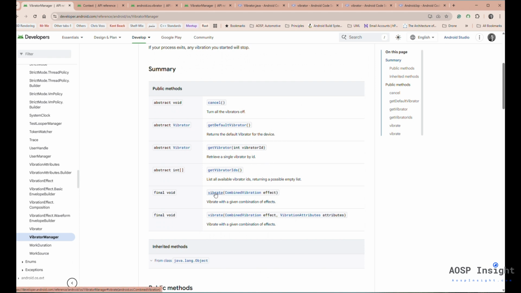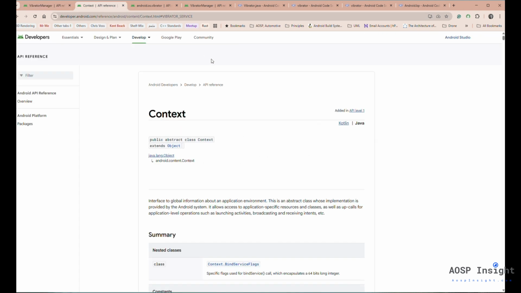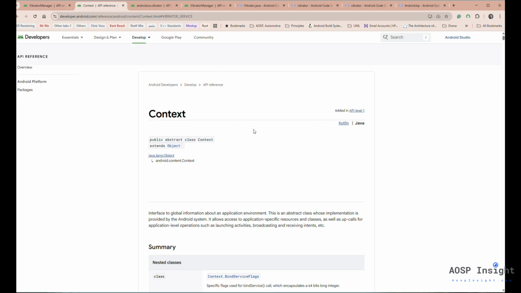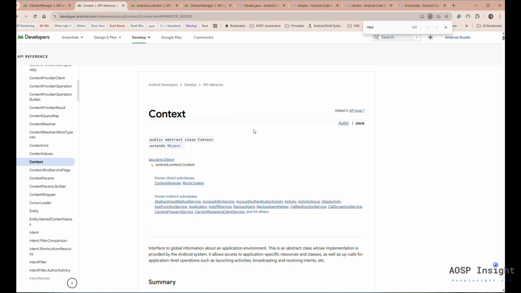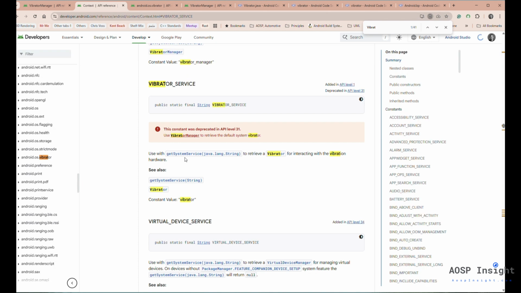And here you can see different methods that it's providing. For example, the vibrate is here, which instead of using the deprecated versions, we need to use Vibrator Manager. There are other API references like Context. For example, if I search vibrate, if I'm not wrong, here it will end up at Vibrator service, which as you can see here,